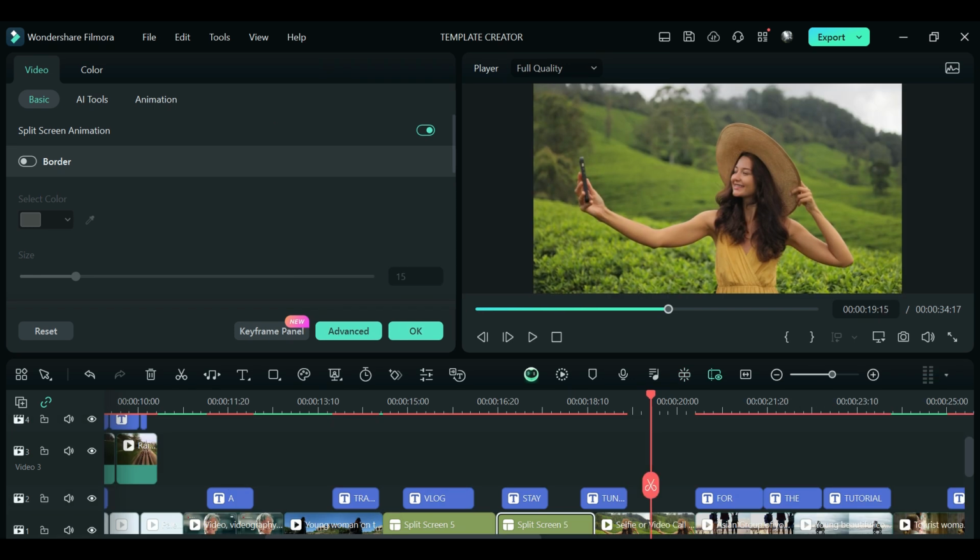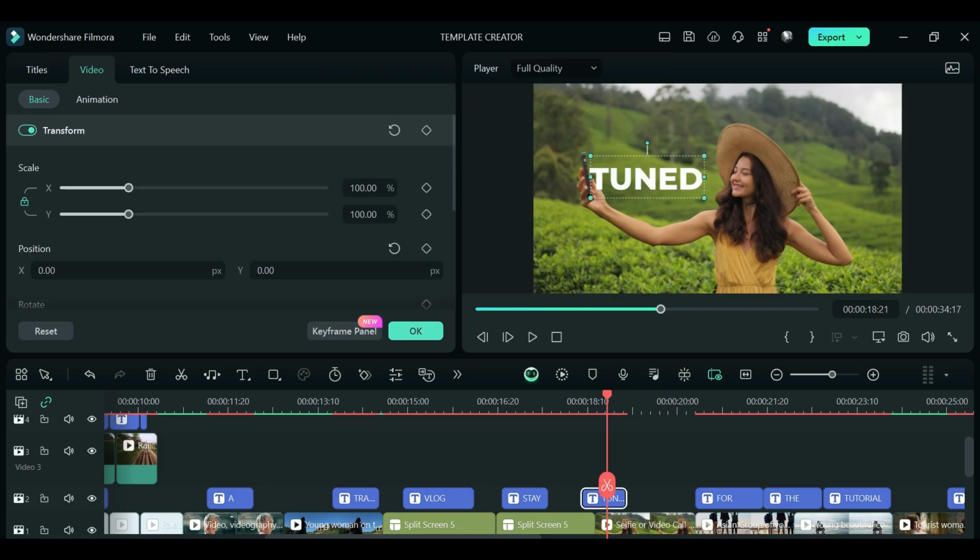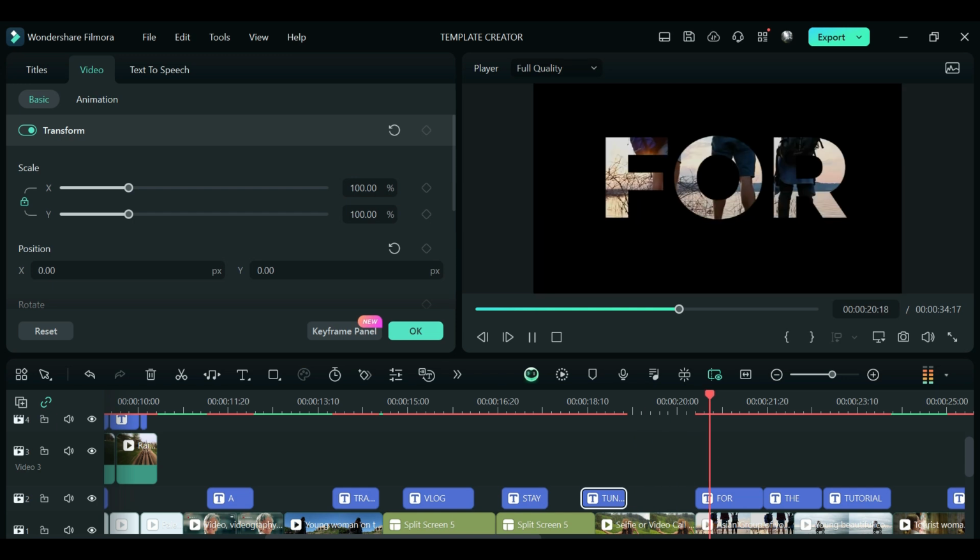Alright, so then we move on to putting the next text. And as you can see, I've positioned the word tuned right in front of the phone. And it doesn't cover the hand and the face of the person. So make sure you do positioning right. Like I said before, it shouldn't disrupt the video idea. Tell you the truth, this was done because